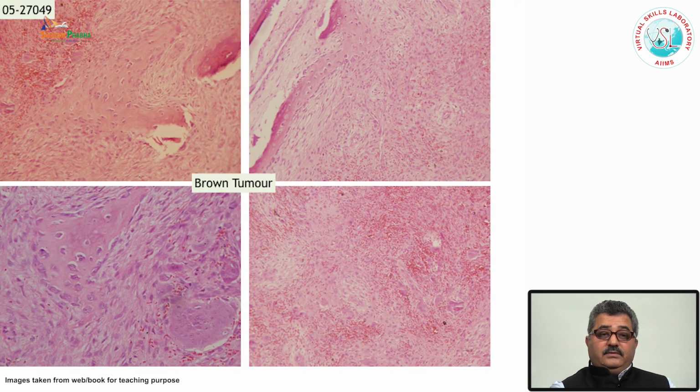This is one example of a so-called brown tumor. There are a lot of these spindle cells, osteoclastic giant cells, and bone remodeling, and these are the cases which mimic the giant cell tumor of the bone. One has to be very careful, especially when there is a giant cell tumor in the smaller bones, in the jaw bones. One has to rule out